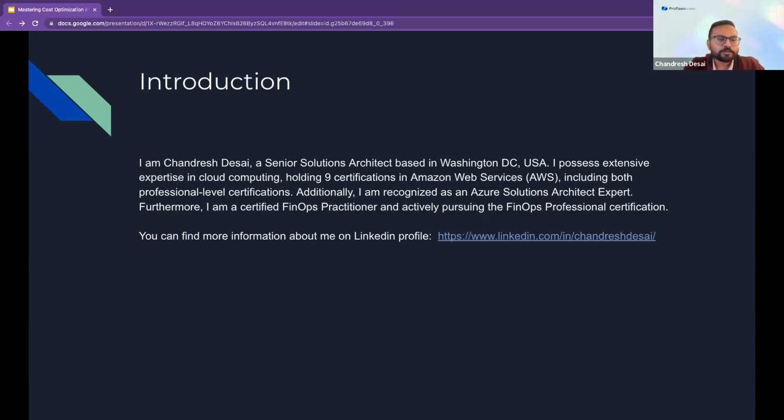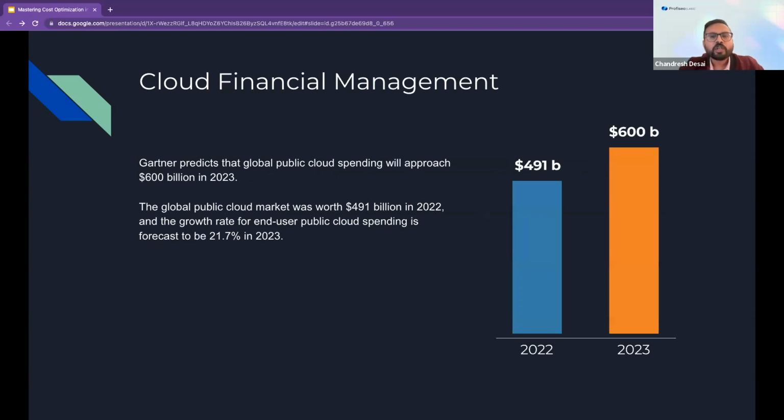So let's go to the next slide. Let's discuss cloud financial management. According to Gartner's 2023 report, end-user public cloud spend is forecast to reach nearly $600 billion this year. This was Gartner's recent report, published in April 2023, I believe.